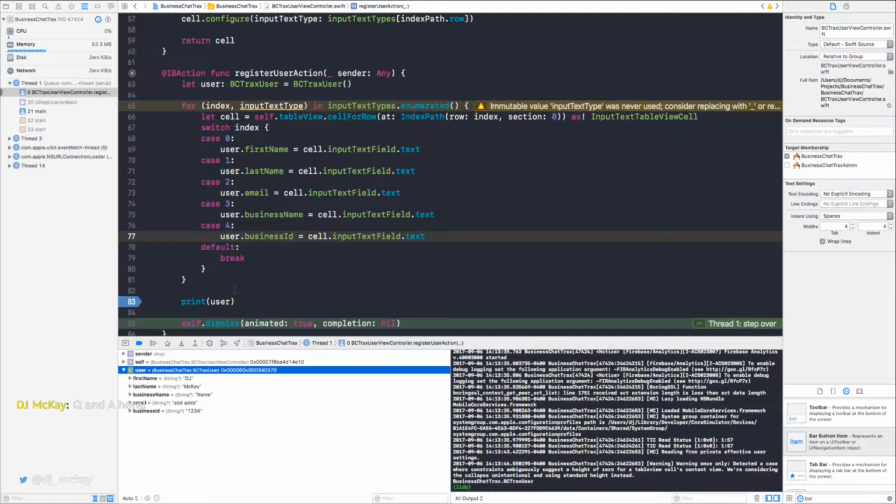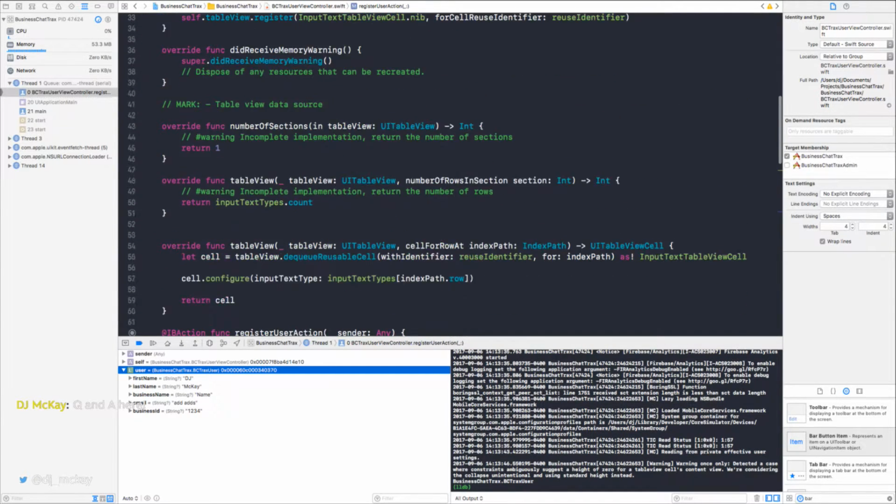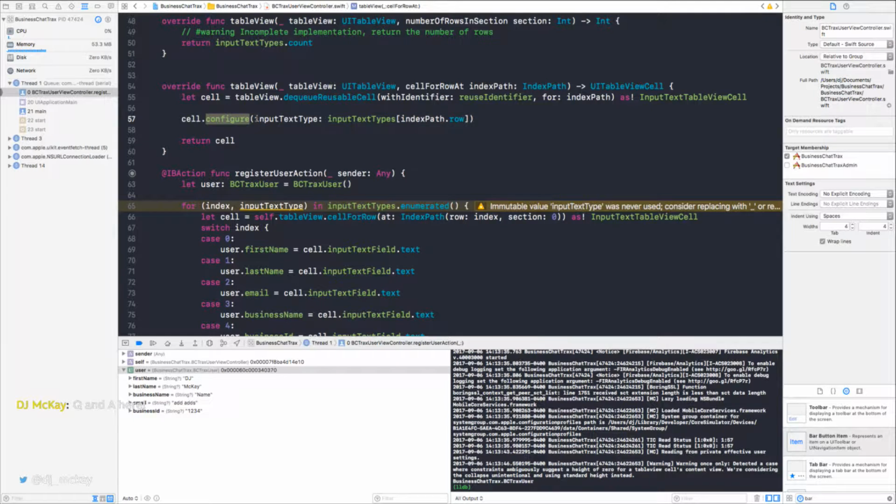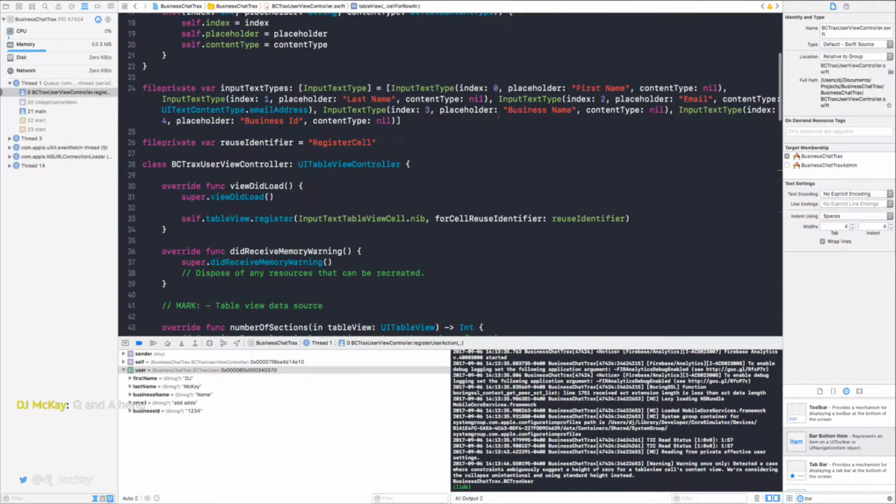So do I want to leave it where order matters of the array? Otherwise, I have to loop through both when I configure it. I can't just pass it this. I need to pass it the one that matches. That, which isn't that bad. Really, all I need to do is make sure that